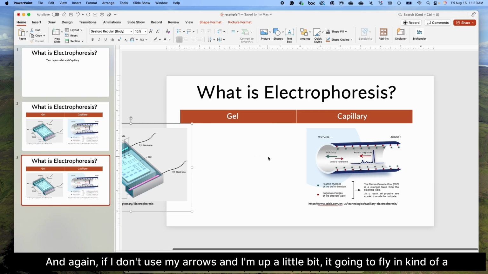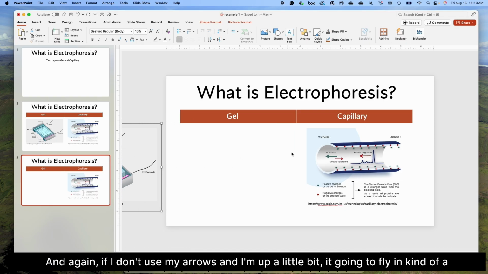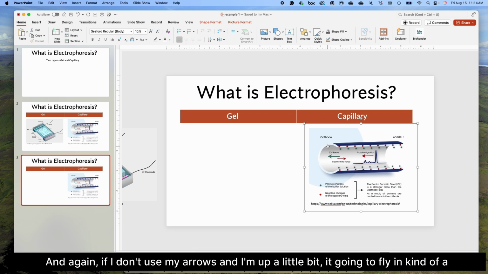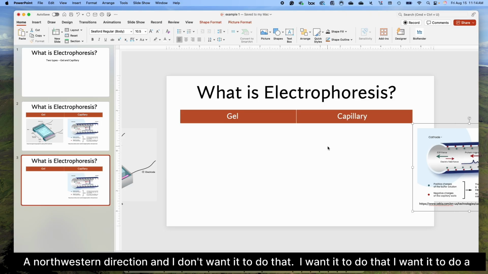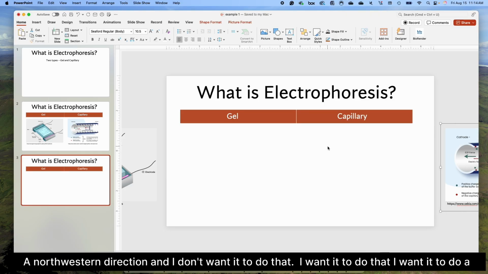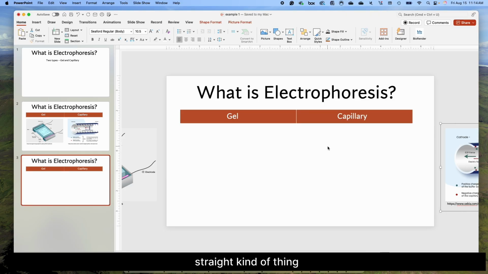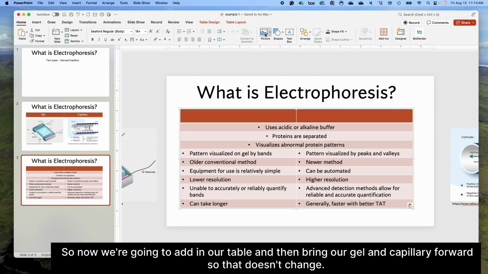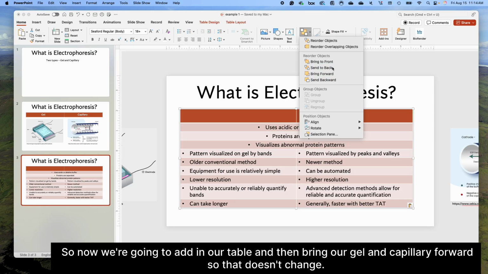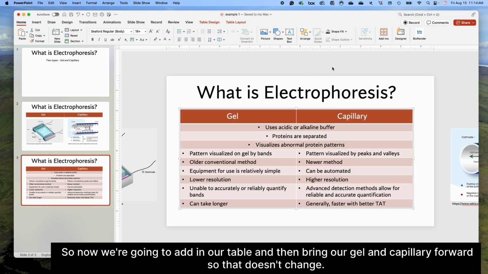And again, if I don't use my arrows and I'm up a little bit, then it's going to fly in kind of a northwestern direction. And I don't want it to do that. I want it to do a straight kind of thing. So now we're going to add in our table